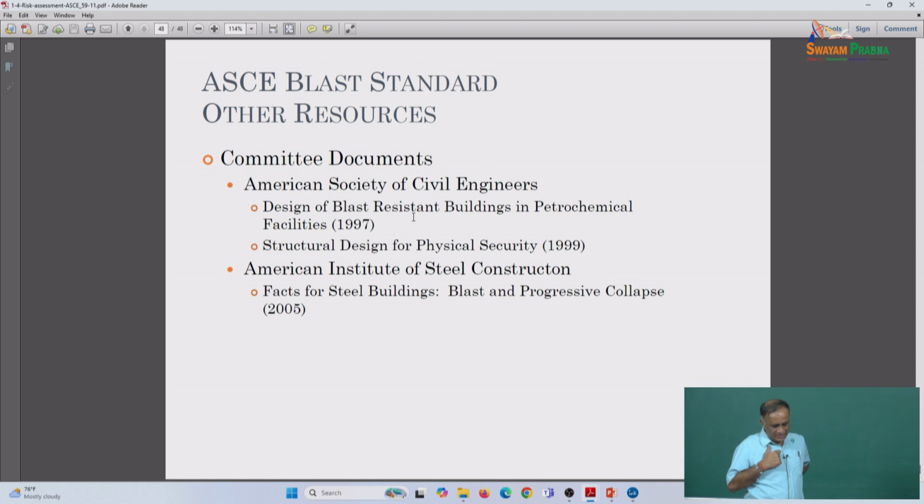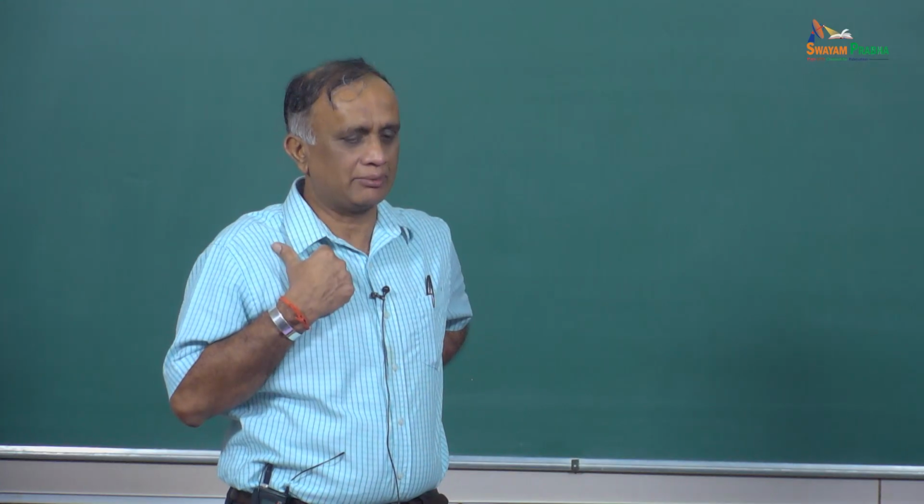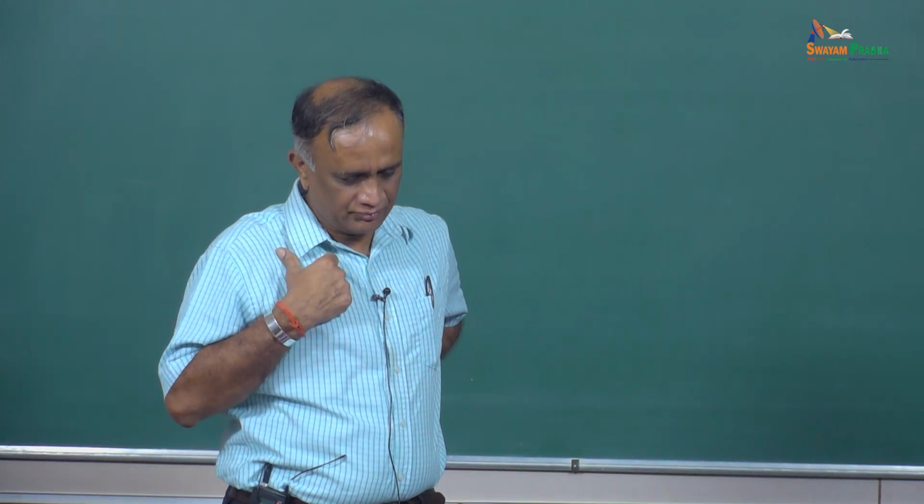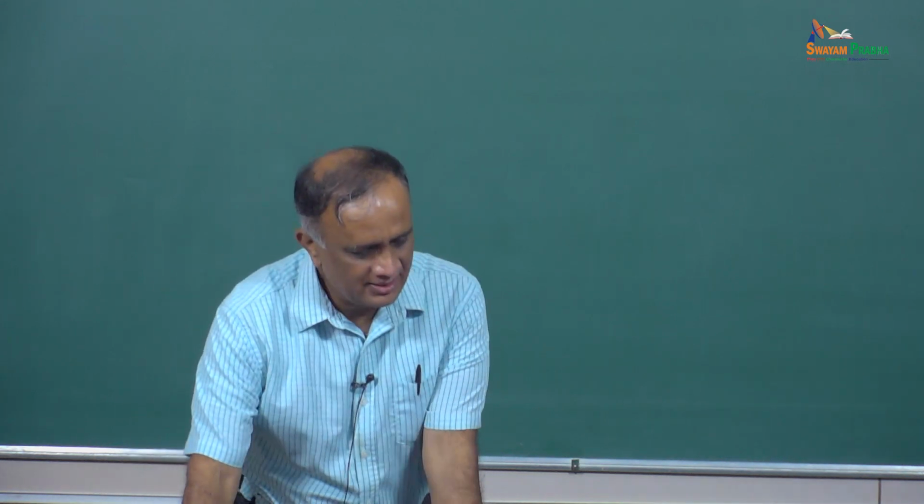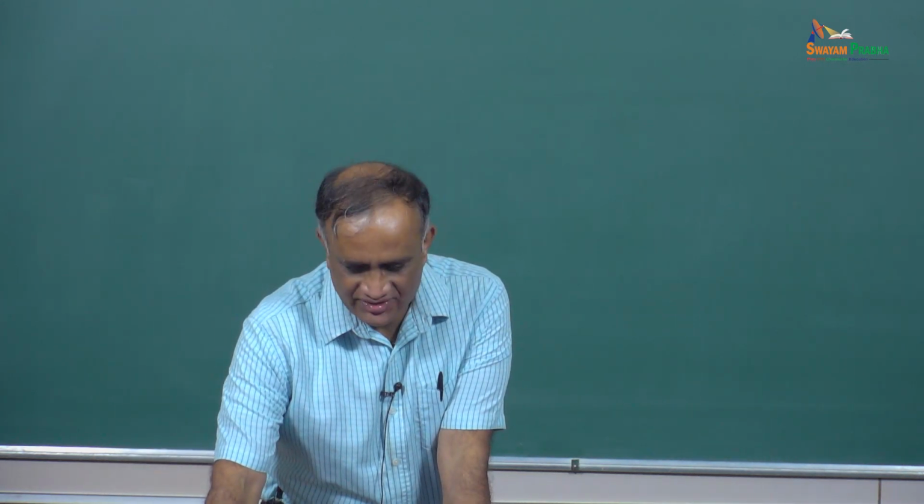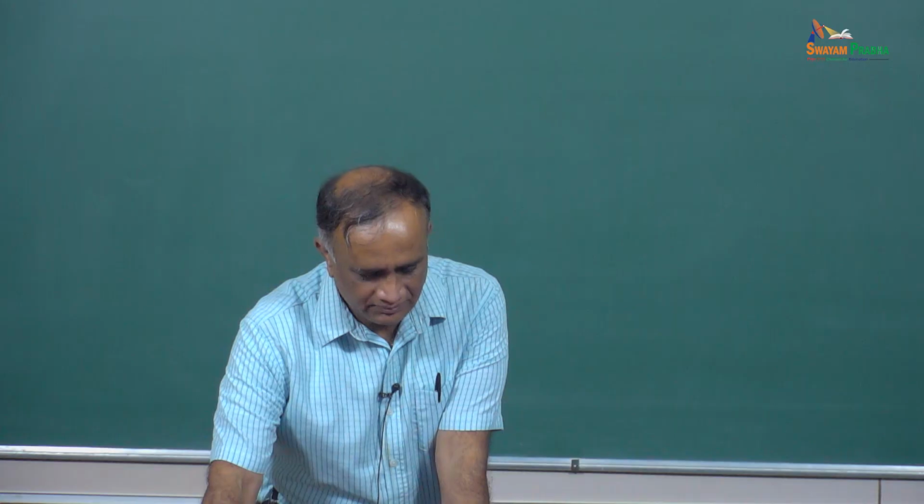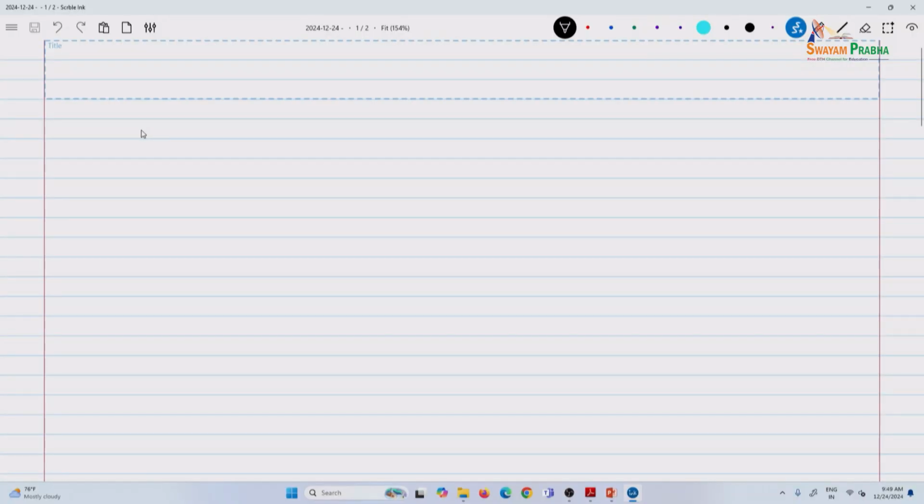And then the AISC, it has blast and progressive collapse. Similarly, the PCI has, and ACI is the one I talked about. So that's a little bit about the ASCE 59-11. So, we'll start with